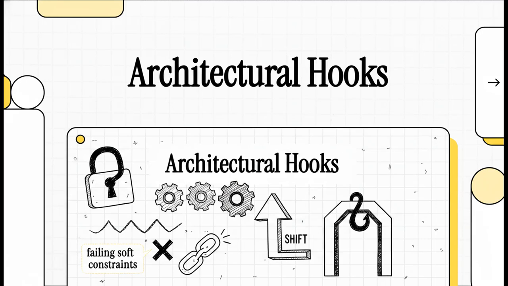Let's jump right in because we are tackling an absolutely massive paradigm shift happening right now in enterprise AI architecture. Listen, if you've been relying on standard prompt engineering or just tweaking system instructions to secure your autonomous agents, you are basically building a house on sand. The hard reality is, soft constraints like prompting are failing us. They're non-deterministic, they're super easily bypassed by bad actors, and frankly, they eat up way too much processing budget. So today, we're exploring the definitive fix for this, the major shift toward hard architectural control planes using hooks.